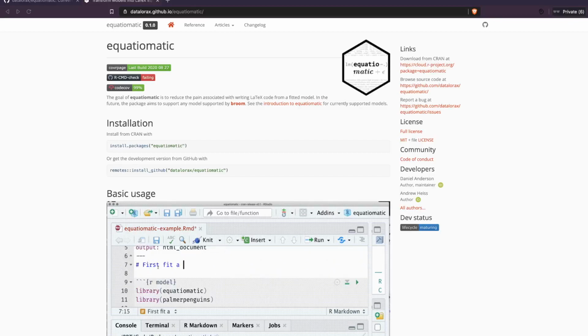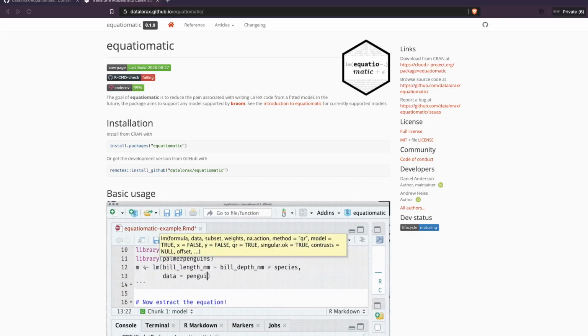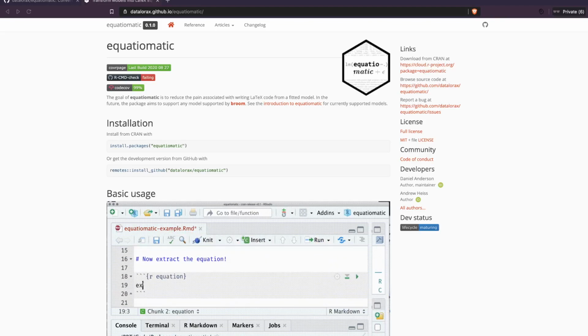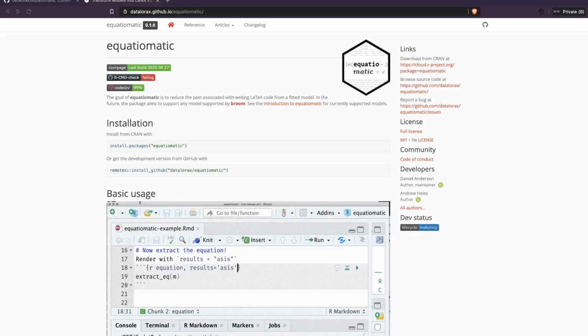In this video, we are going to look at a new R package called Equatiomatic, however you want to call it. It is a combination of writing equations automatically. One of the problems that people frequently face, especially people who work in academia and research, is when they want to write an equation, especially a LaTeX equation, or if they have built a model and want to represent that equation in a paper, they have to manually write that equation separately, which takes a separate effort, other than building the model itself.